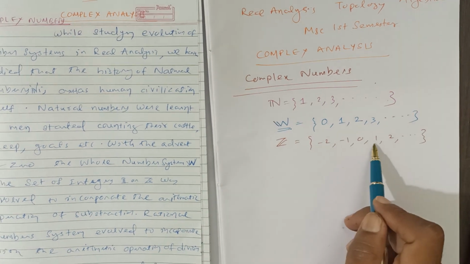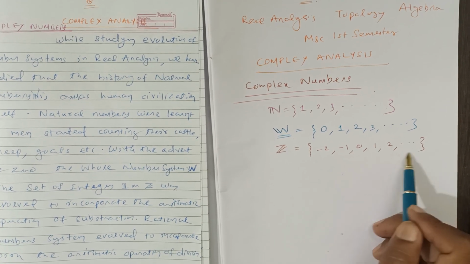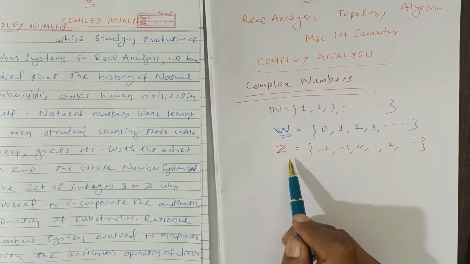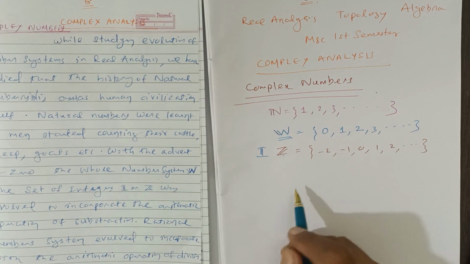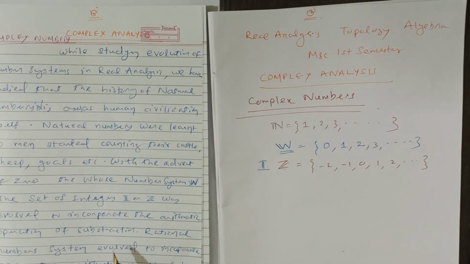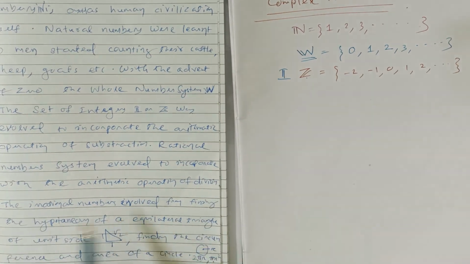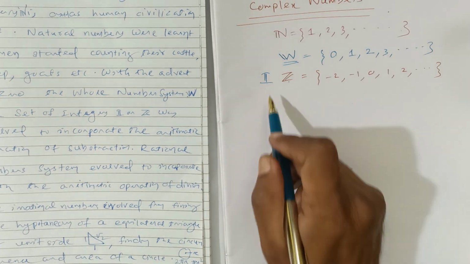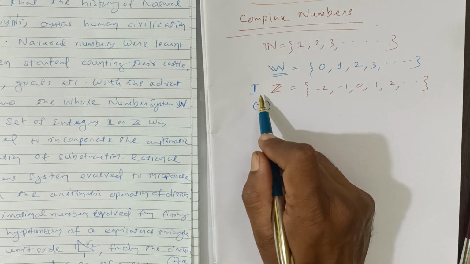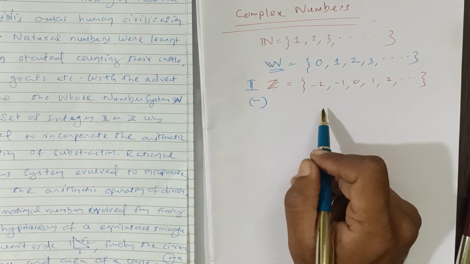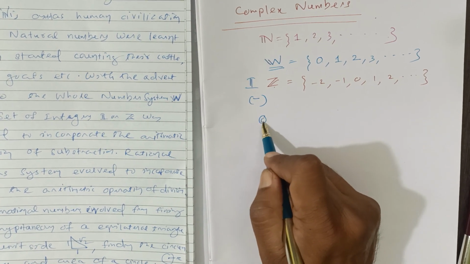And when the negative integers along with 0 and positive integers form the integers, they are denoted by the set Z, or also in some books by I. And hence we have also studied that the rational number system evolved to incorporate the arithmetic operation of division. The system of integers was developed to incorporate subtraction, and the set of rational numbers is denoted by Q,